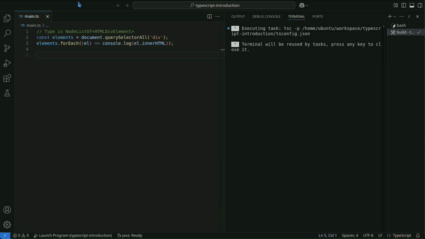In TypeScript, asserting the type of an element explicitly allows you to use more specific methods and properties.